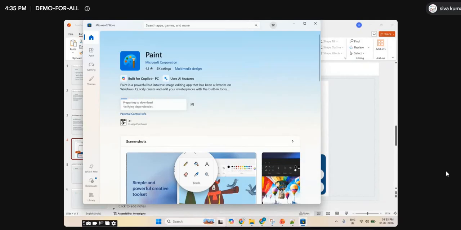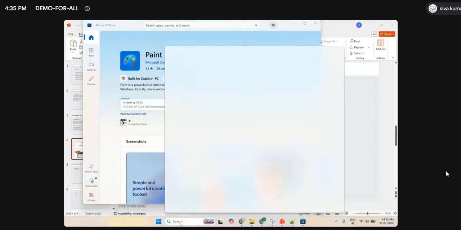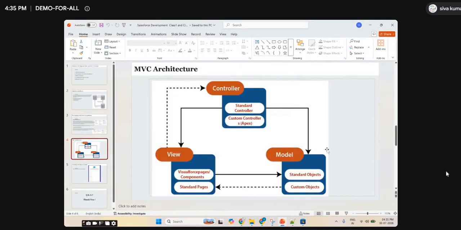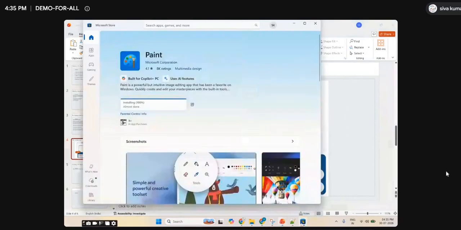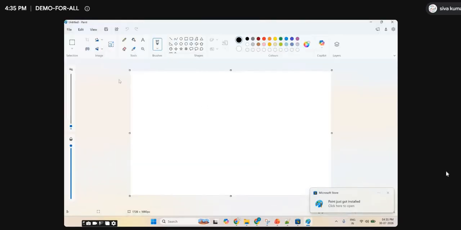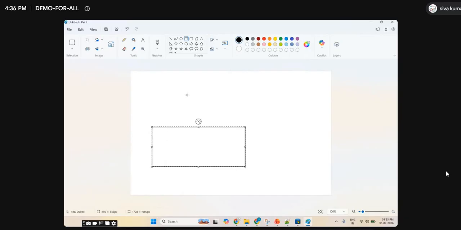Okay, let me open. So what you will see, you will just see a login page, right? It will be like this one.